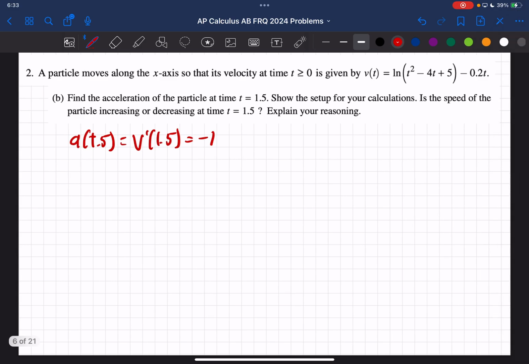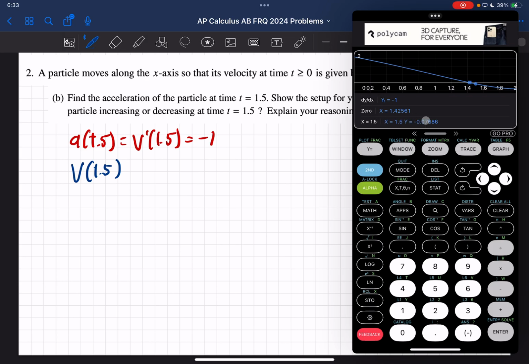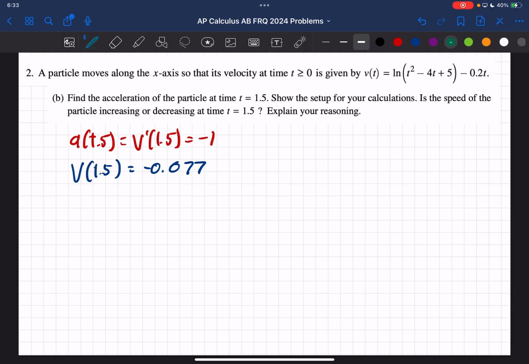Now the second question is, is the speed of the particle increasing or decreasing? Now in order to know that, we also need to know what is the velocity at 1.5. And if you notice, it also gave it to us. Now on other calculators, you would actually have to trace that separately. But once we know what the velocity and the acceleration are at that point, we can say the particle is speeding up because v of 1.5